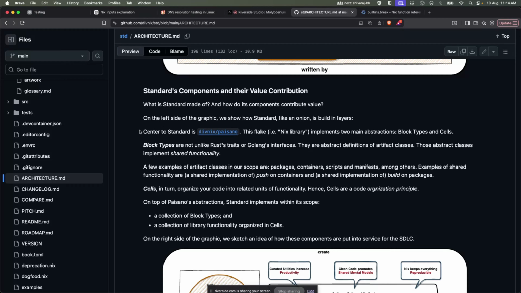Center to standard is divnix paisano. This flake, i.e. Nix library, implements 2 main abstractions, block types and cells. Block types,